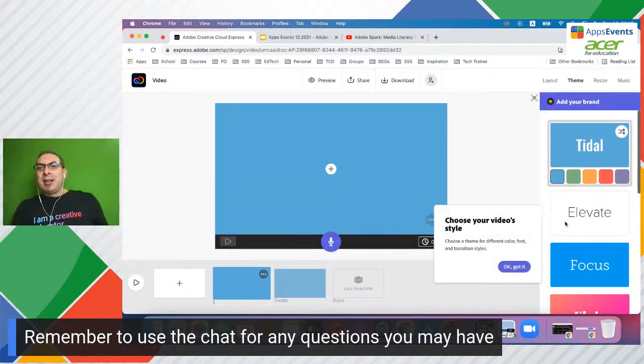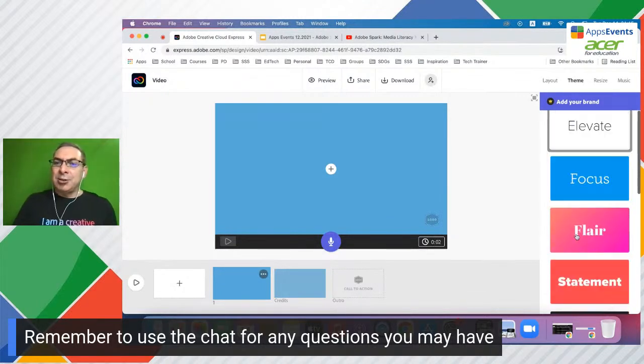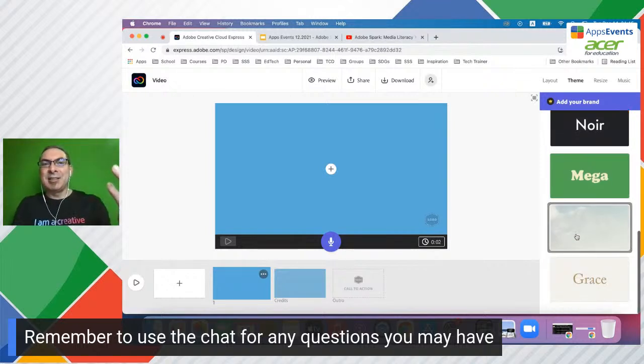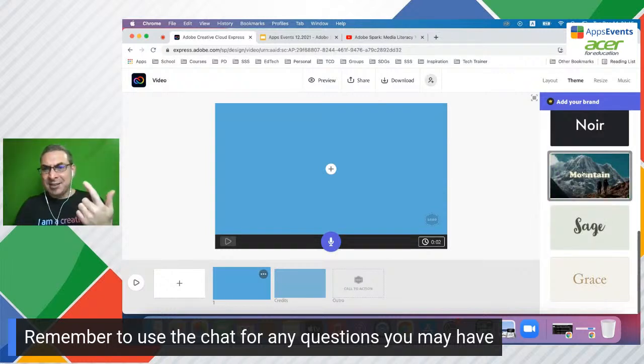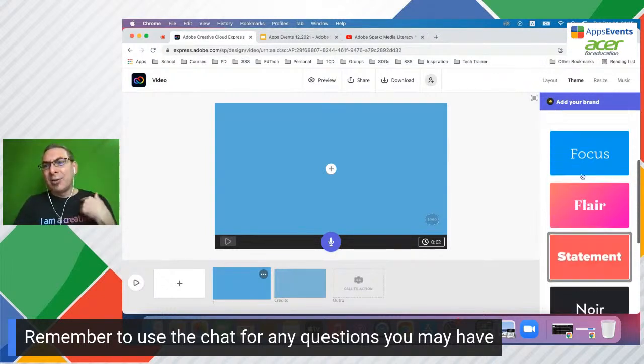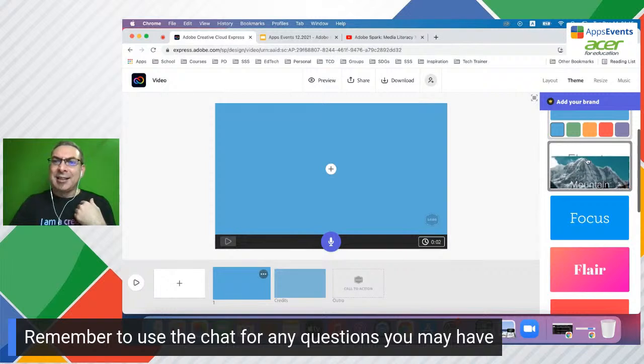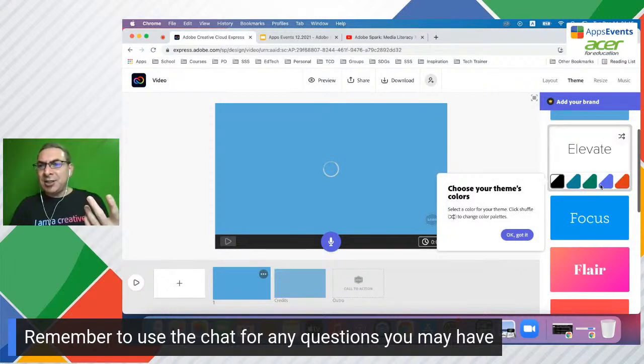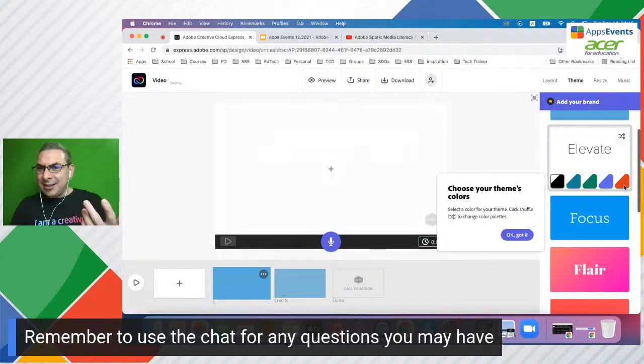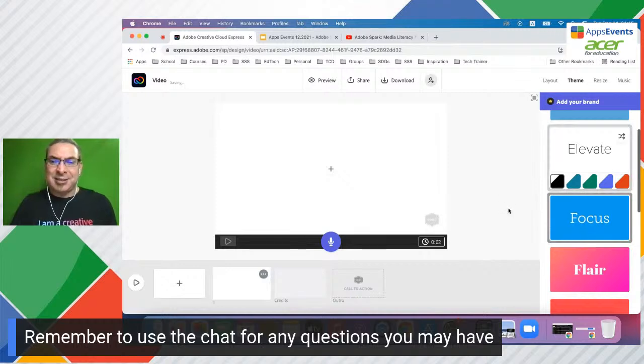Now the theme, you don't have a lot of themes to choose from, which is again nice because students don't waste a lot of time trying to figure out their own design and that kind of thing. Mega, this is the one that you saw with the student a moment ago. The one I like the most actually is Elevate. So I'm going to click on that, and you can choose the color scheme. I'm gonna go with red. Actually, it's kind of Napoleonic, perhaps.